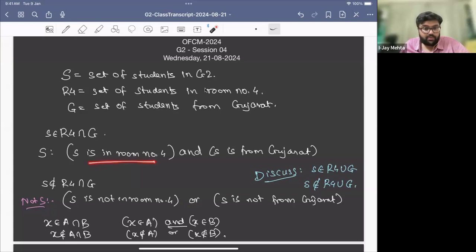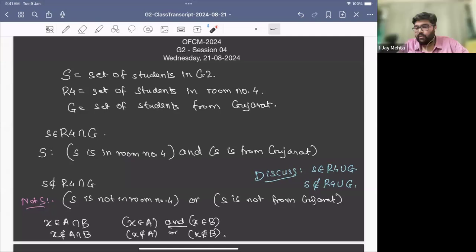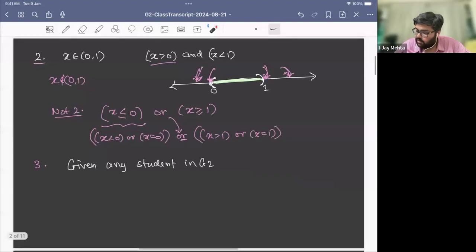Either room number 4 condition is not satisfied, then also statement S is not true. Or this condition is also not satisfied, then also it is not true. So here there is "or": either not in room number 4 or not from Gujarat. Is it fine? And are you confident you can do it in discussion? Okay, good. So now the next statement I was giving,